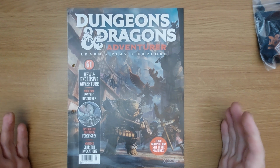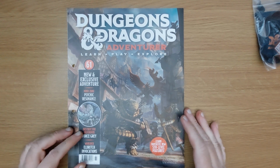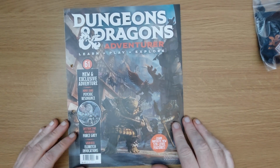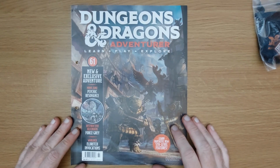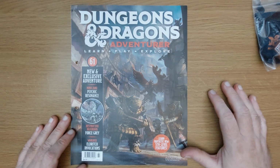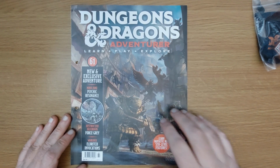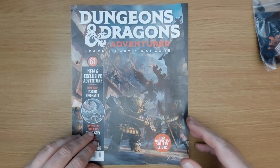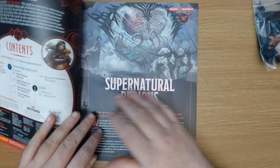So we actually are getting these characters, although we've gone through quite a few of the adventures, because it does make a big point that the adventure this issue is designed for 5th level characters. So you would either need to be waiting until several more issues have come out, so you've got the character sheets, or just be playing with whatever you've got so far. Anyway, inside,